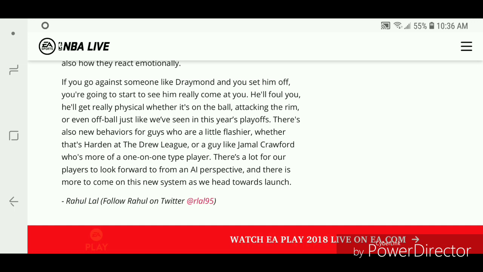He'll get really physical, whether it's on ball, attacking the rim, or even off ball, just like we've seen in this year's playoffs. There's also new behaviors for guys who are a little flashier, whether that's Harden at the Drew League or a guy like Jamal Crawford, who's more of a one-on-one type player. There's a lot for our players to look forward to from an AI's perspective, and there's more to come on this new system as we